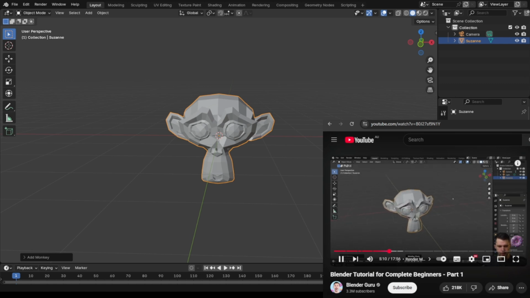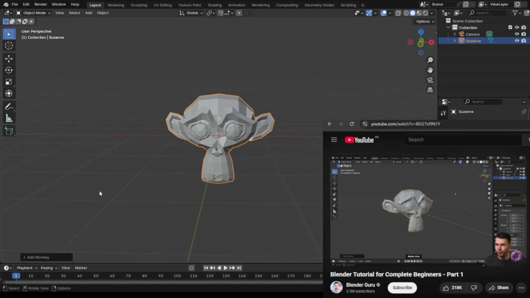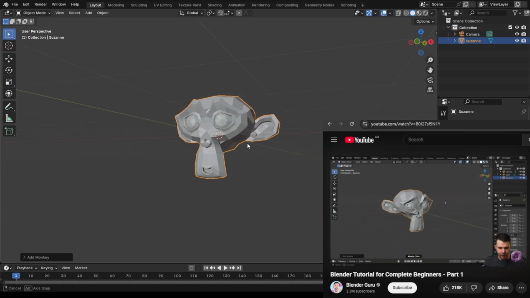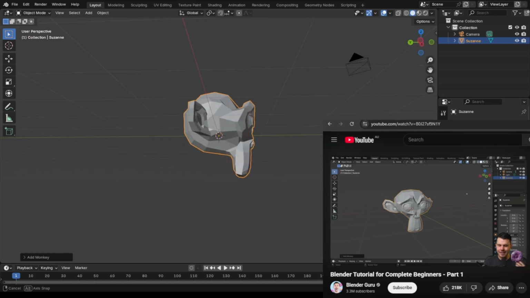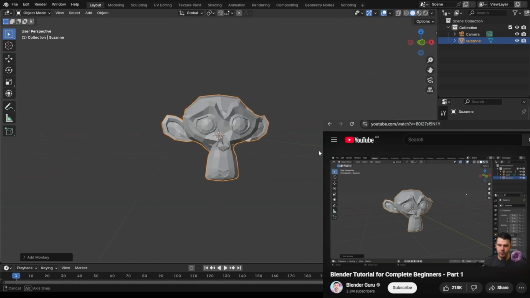Okay, so one thing you might notice looking at this is that it's not very pretty, right? It's just kind of got this flat, bland gray lighting over everything. And that's because this state right now is called viewport shading. It's kind of a lightweight, optimized way to view the scene just as you're building it. But if you want to create a final pretty image, that's called rendering. And you can actually switch into rendered mode by going up here into the top right-hand corner. You can see we're currently in the viewport shading mode. If we go 2 across, you should see rendered view mode. So if we click that,